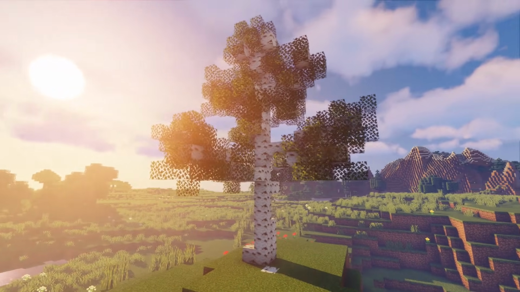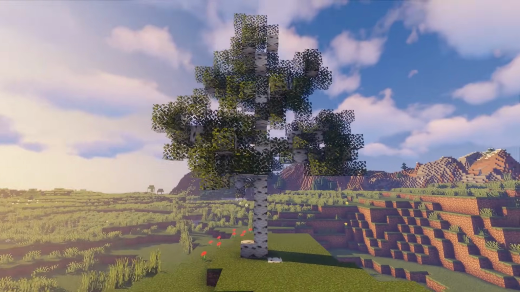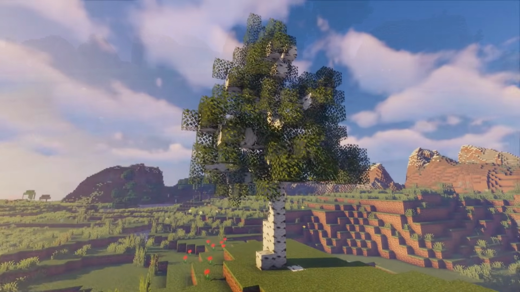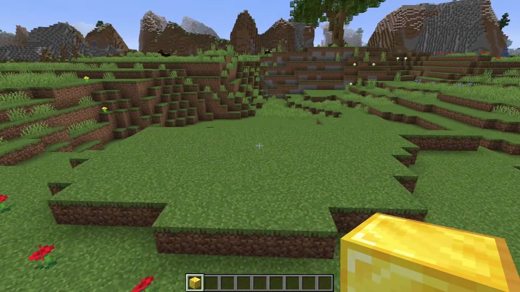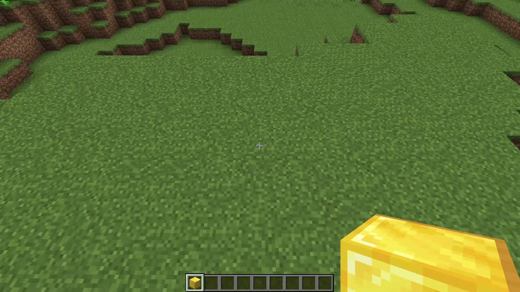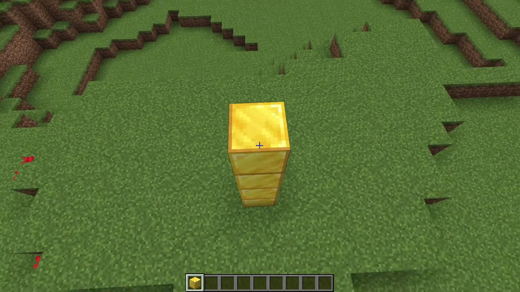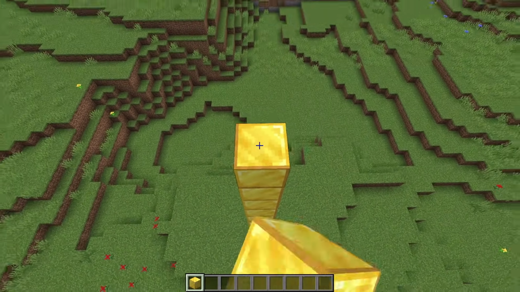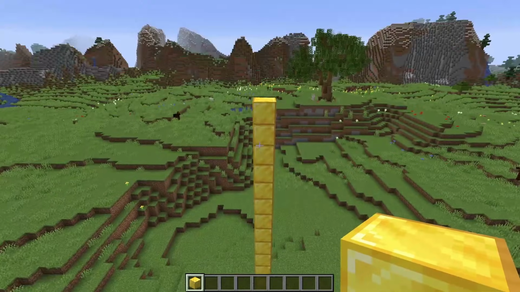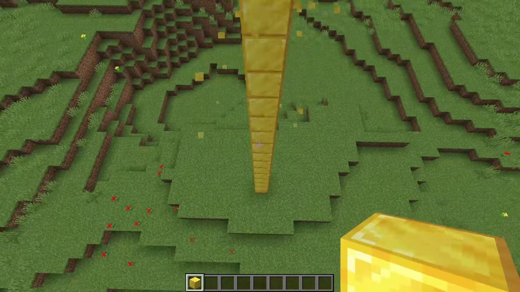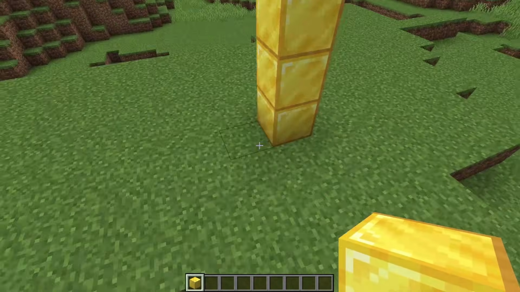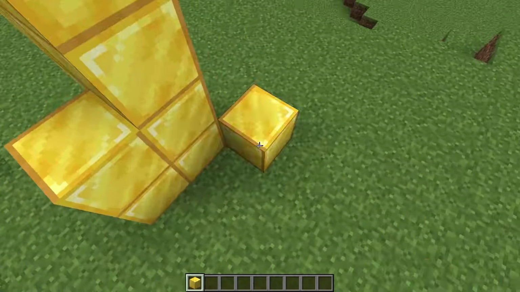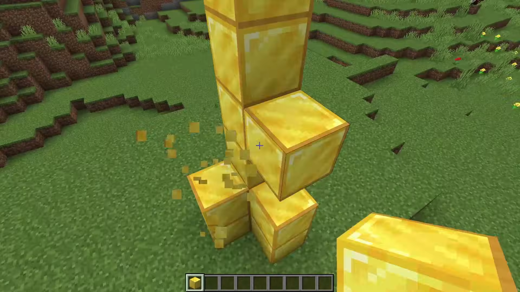Okay, next on the list of trees we're going to build is a birch tree. Let's get started. The birch tree for me is one of my absolute favorite trees. We have a lot of them where I live and they are fairly simple to build. All I'm going to do is build a straight line right the way up, as high as I want. I'm actually gonna go a little bit shorter. That's a little bit too much. Then I'm just gonna thicken up the base a little bit with maybe a few roots.